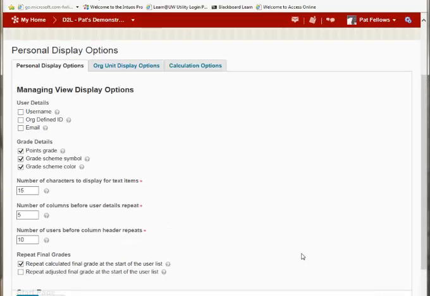That's helpful. If I want to see their username or their email along with their name, I would use one of these options. What I want to see here are the grade details, points, and if I'm using a grading scheme, I want to see the symbol and the color, or maybe just the color. We'll save it,